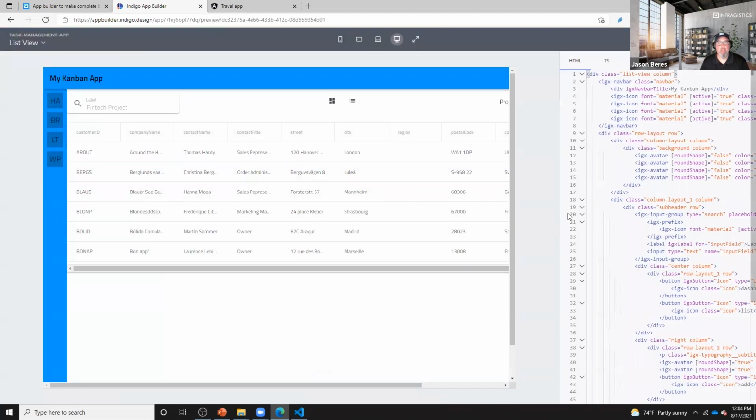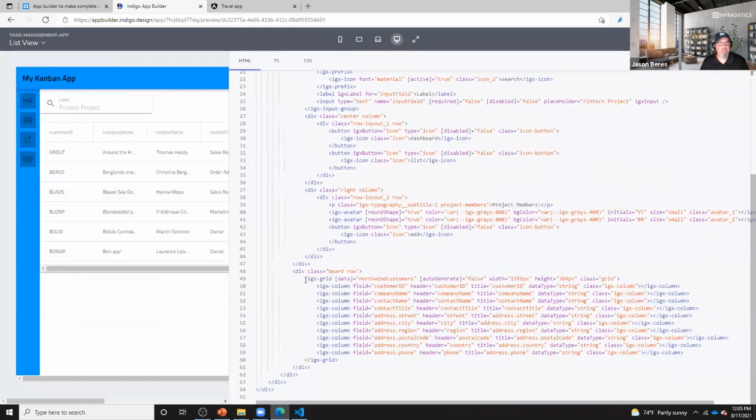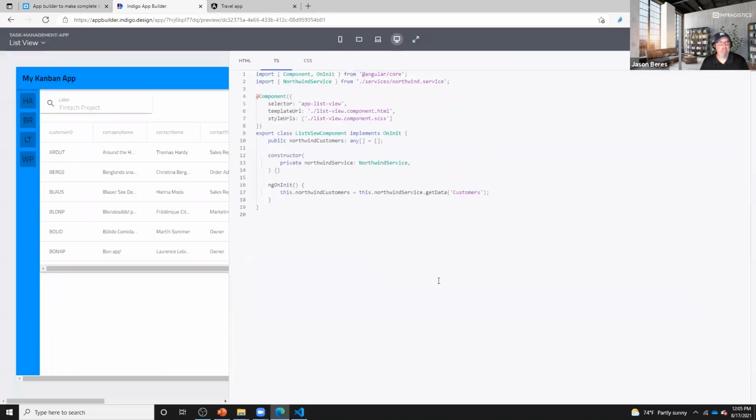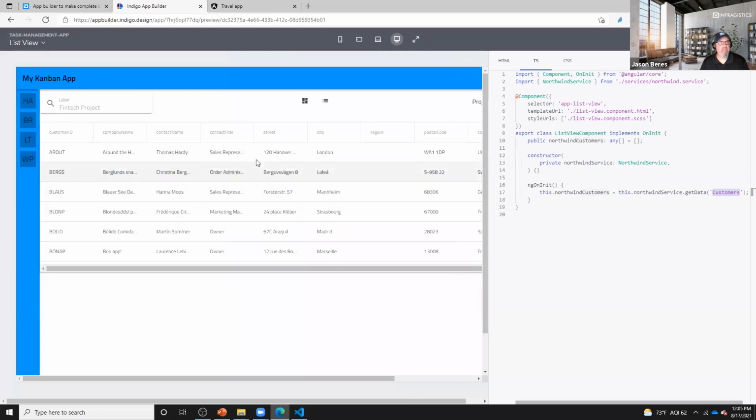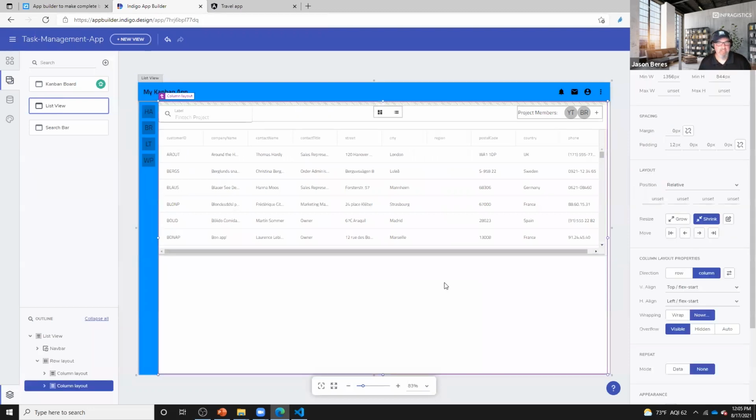And here, if I click preview, what you'll notice is that this is a real data grid. It's bound to a data source. And if we go to the TypeScript, this is calling the Northwind customers get data. What data do I want? Customers, and it's going to bind into the grid. So it's that easy to start mucking with this, and then going into GitHub will preserve the code. If you just do a download zip, it's kind of up to you. Download zip is the easy way to do it, but that's probably not the best practice long term. Okay, so with that,